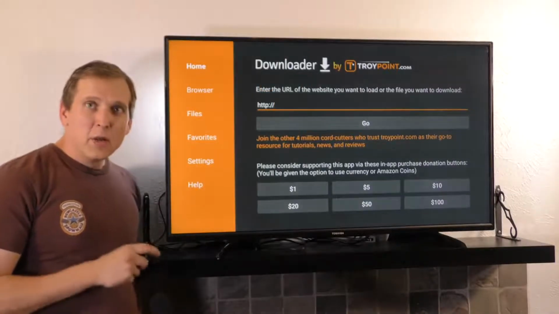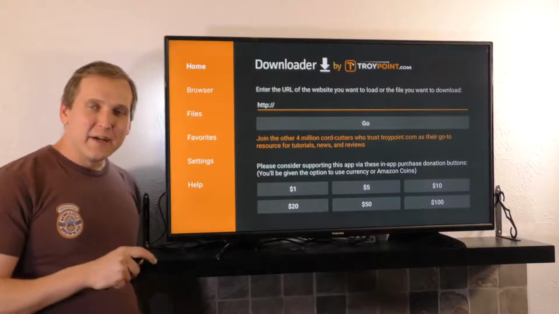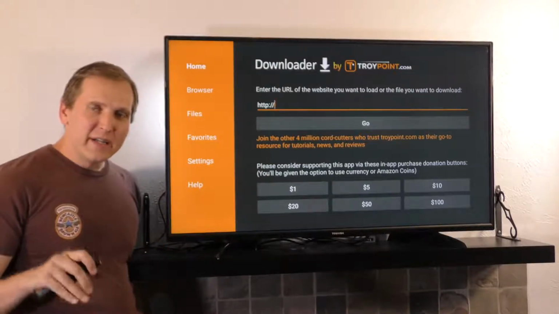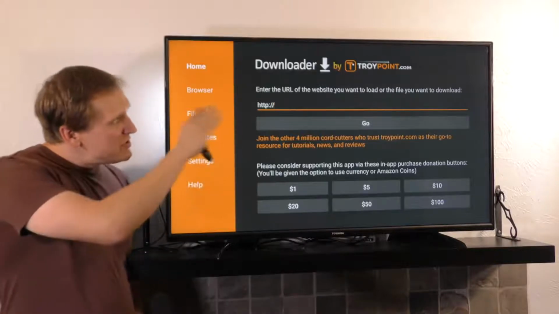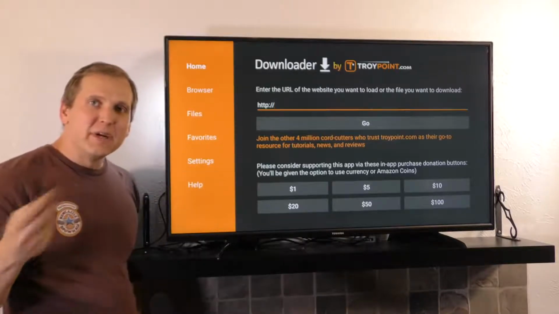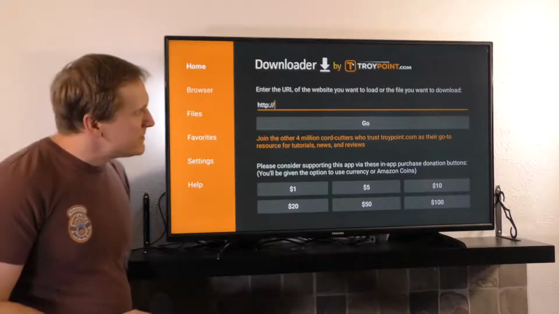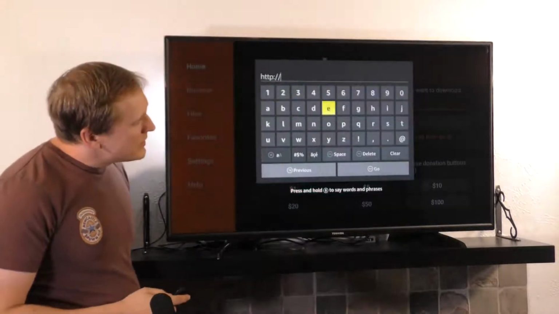So here, we're just going to type in get.filelinked.com. So we're going to use get as the subdomain. You could go to filelinked.com, and then it would change Downloader into browser functionality, and you'd have to click on an icon. This just removes steps from the process. So we're going to do